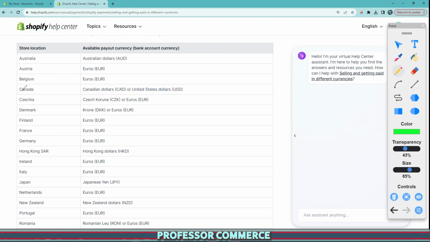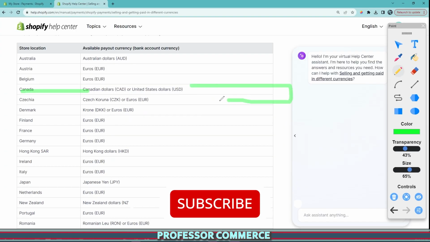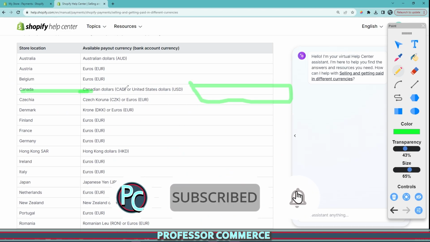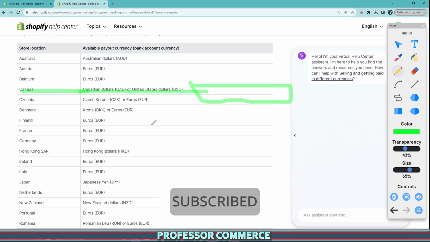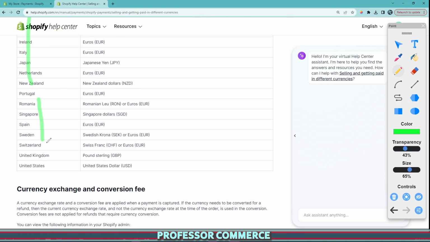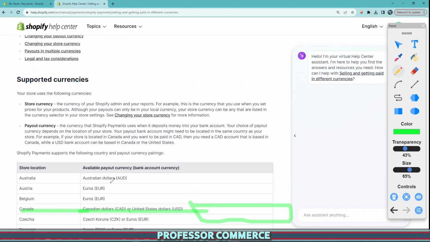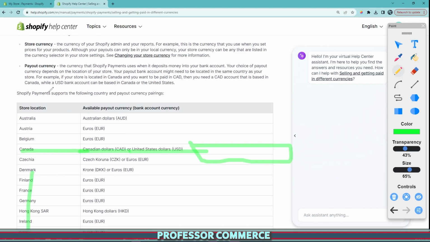So for example, if I've set up a store in Canada and I go to manage my Shopify payments, I will see a drop-down menu that I could then select Canada and the United States. So you can't just select any currency that you want. It heavily depends on where you are, what you're selling, and the payment gateway that you're using for your online business. The payout currency is a lot more important and technical, and there's a lot that goes into it,